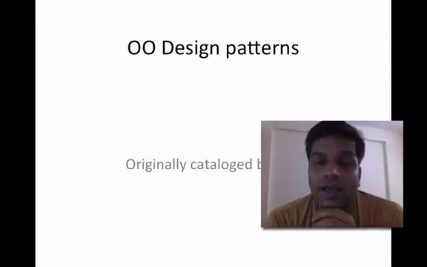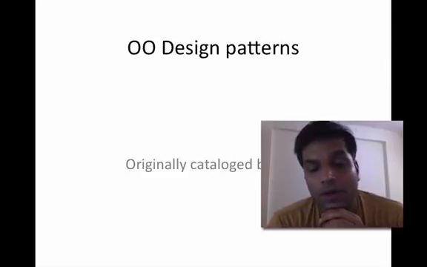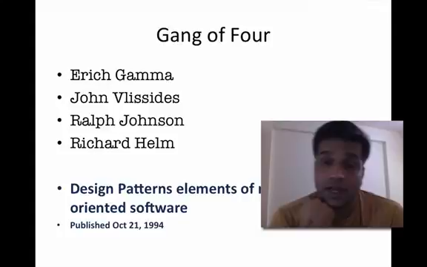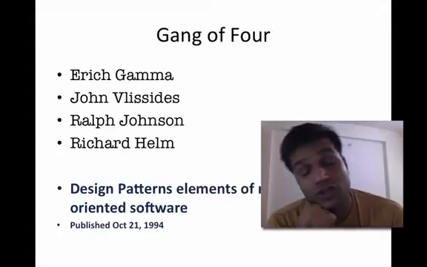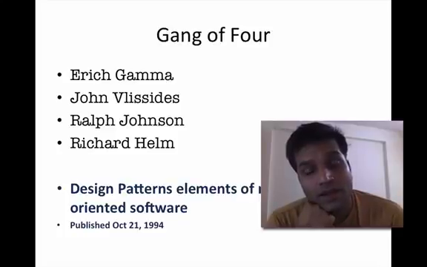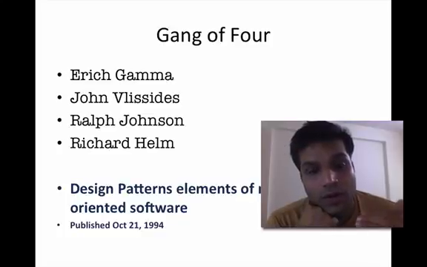So these were cataloged by a group of 4 people called Gang of Four. And Gang of Four is basically Erich Gamma, John Vlissides, Ralph Johnson, and Richard Helm. And these were 4 computer scientists and designers and programmers, researchers, and they were working in various projects back in 1990s. And they found that there are certain commonly occurring problems across projects when you are going with object-oriented design,